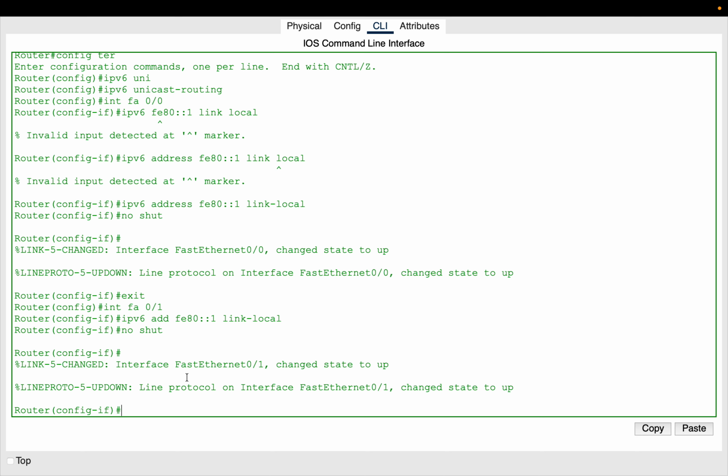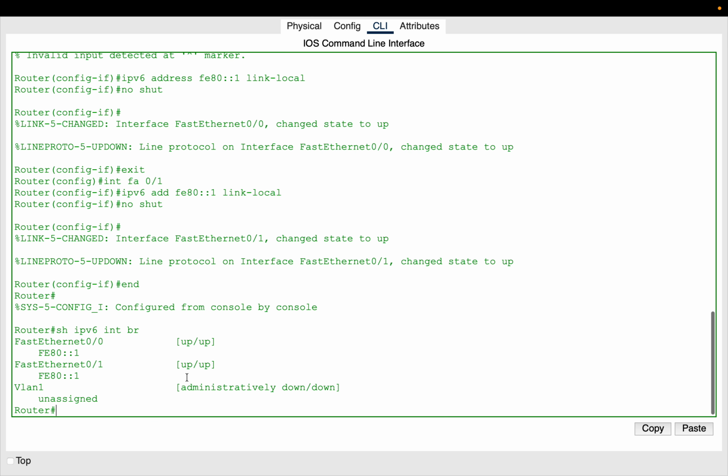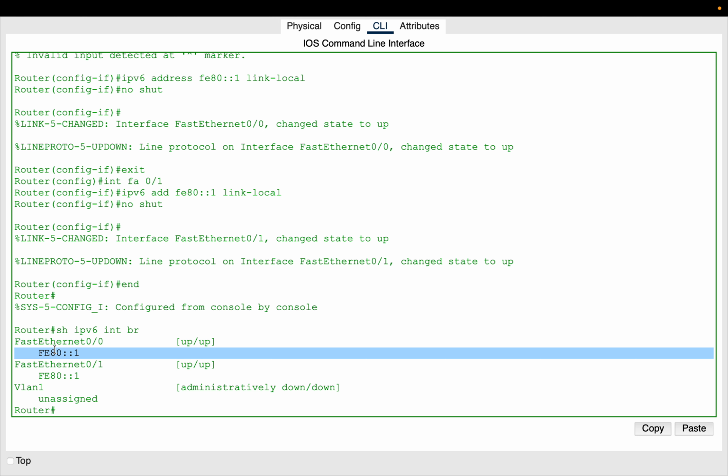So just use the end command to go back to privilege mode, and now we need to write show ipv6 interface brief. So what we have done, we assigned FE80::1 as a link local IP address. Now we need to